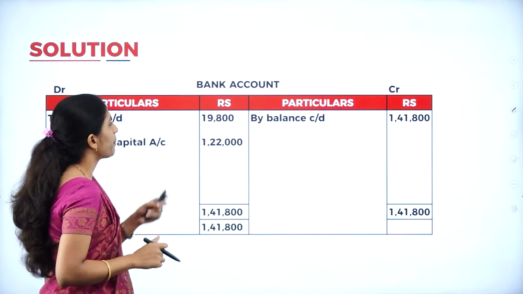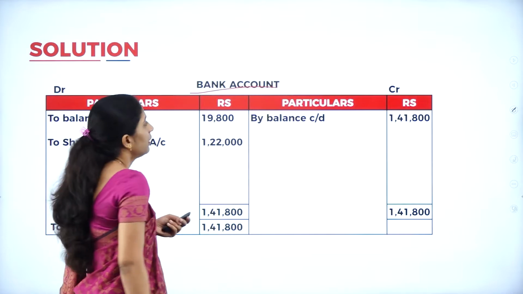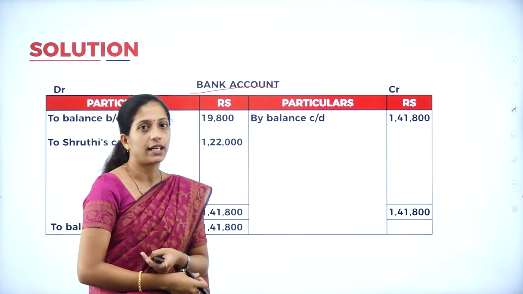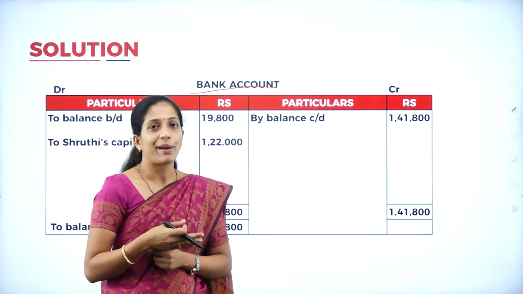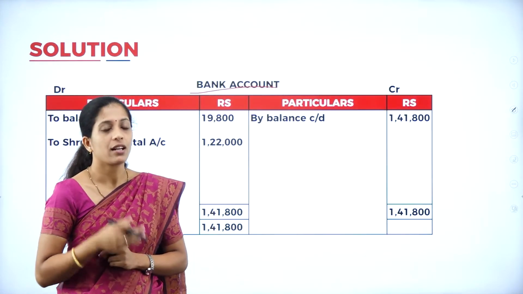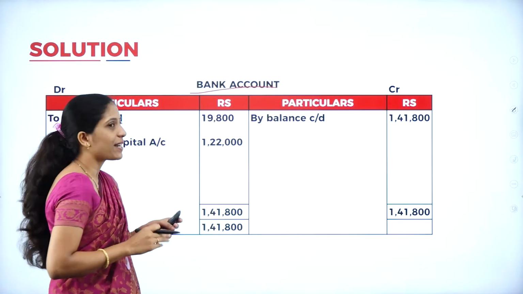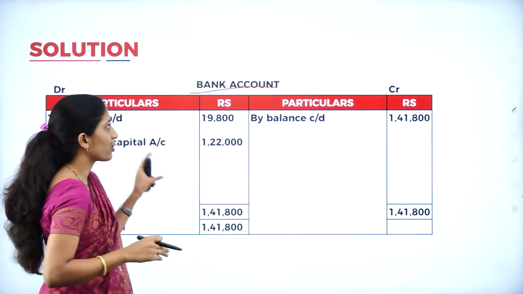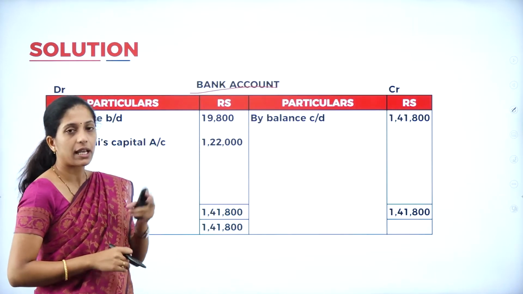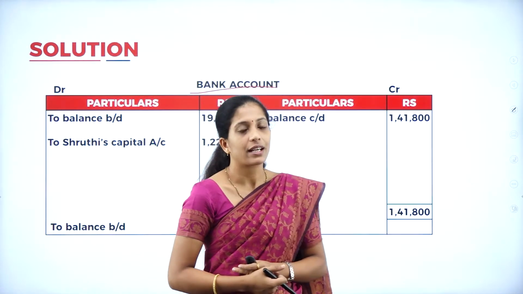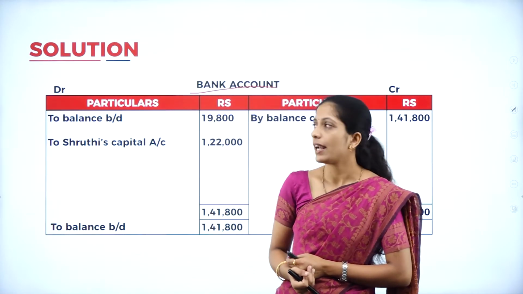Now we shall go through the bank account. Now, the bank account is very simple. As I told you, it's optional here. So, you need not prepare the bank account. If they ask, you have to prepare it, or else you can directly go through the balance sheet. Now, first bring down the balance of the bank account. So, your format remains the same. You will be having debit as well as credit side. Under debit side, particulars, amount. Under credit side also, particulars and amount.